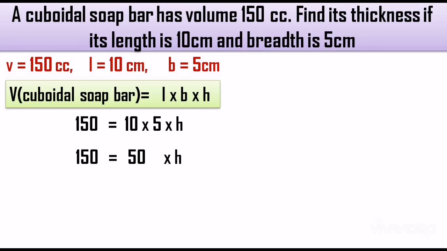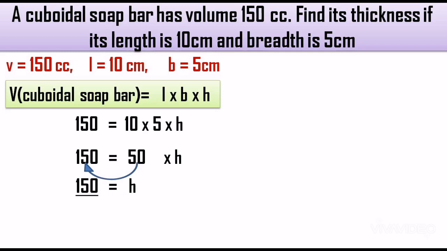Keep in mind, when on one side of the equality you have only a single number and on the other side we have a number with a letter, at that time, the number along with the letter will move to the other side of the equality. That means 50 will move towards the other side of the equality, that is towards 150, and the remaining part, leaving 50, will be written as it is. So we have 150